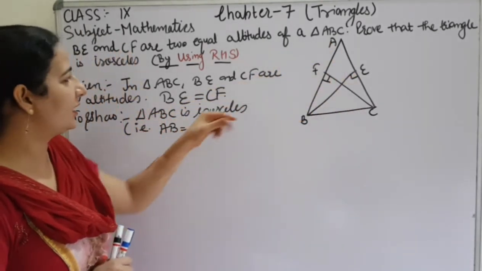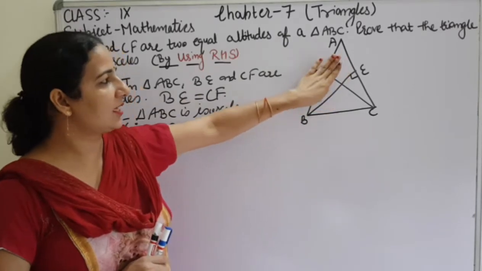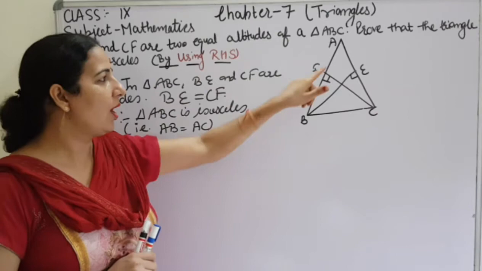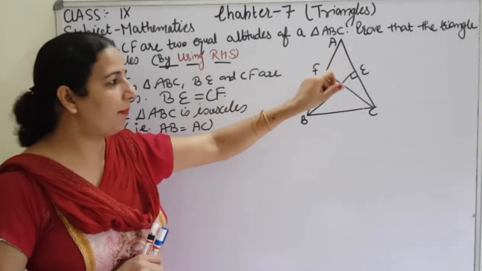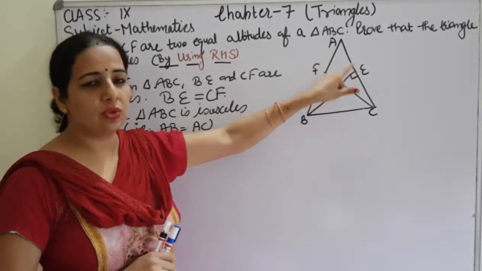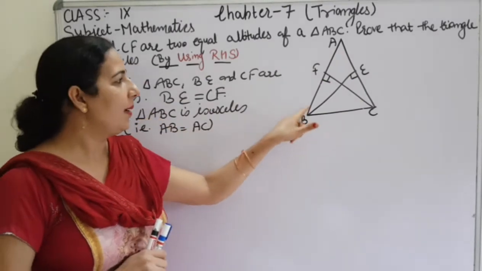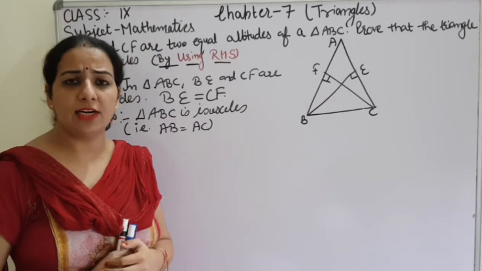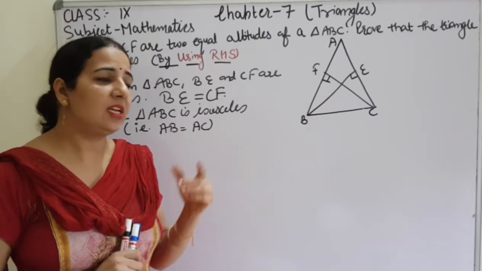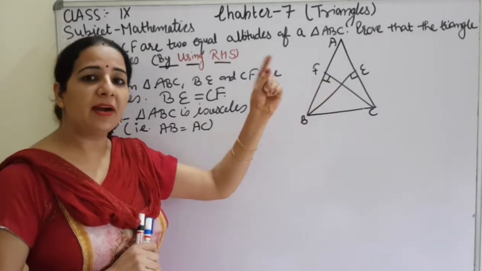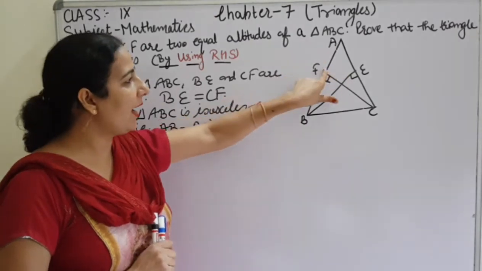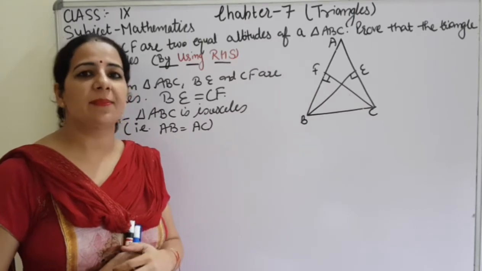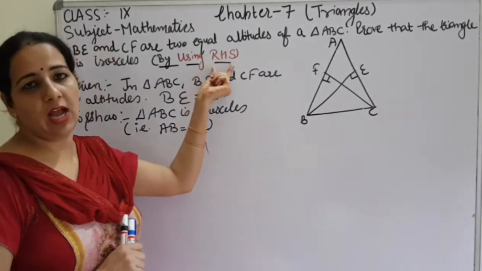Then I can take this triangle ABC and ACF, as we had taken in our last question also. Angle A is equal to angle A, common. And this angle equals this angle, reason: each 90 degrees. BE is equal to CF, reason: given that the altitudes are equal. So these two triangles can be congruent, but here we have used the angle side criteria.